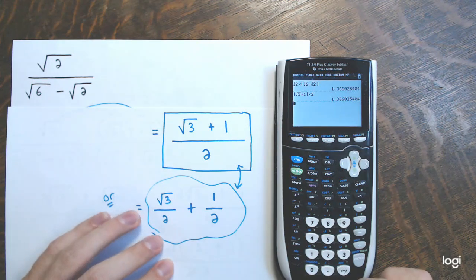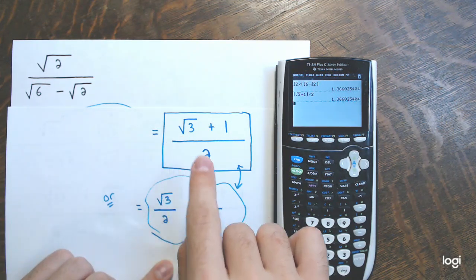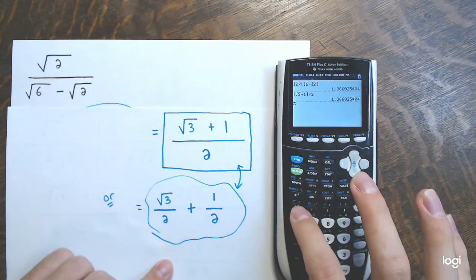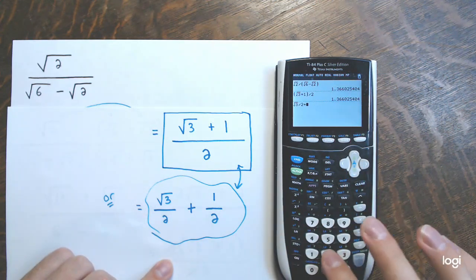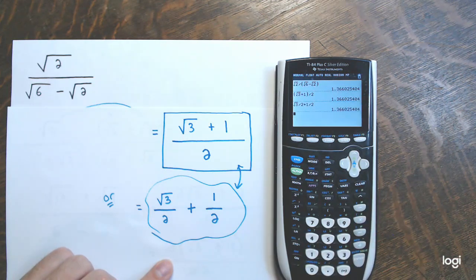Great. And like I said, you could have also split it up, divided each term by 2, and written the square root of 3 divided by 2, and then plus 1 divided by 2, and see it's the same exact thing. 1.366 and so on. All right. Great. All right, so I have one final example